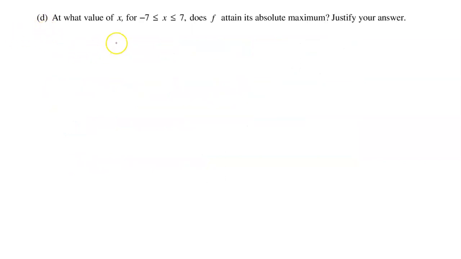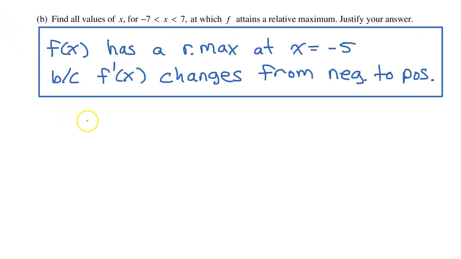Part D is not so straightforward, so bear with me. At what value of x on the closed interval from -7 to +7 does f attain its absolute maximum? Justify your answer. Don't forget that in Part B, we found that f of x has its only relative maximum